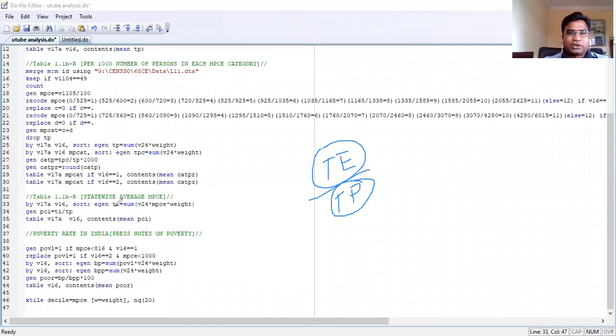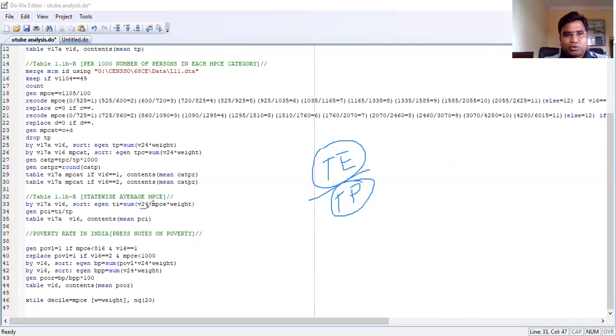So what we are doing here is generating the total consumption, basically not total income, it's total consumption. So what we have written is V17A, V16. We have to know, let's say for Andhra Pradesh, the rural expenditure, Andhra Pradesh urban expenditure, Jammu Kashmir rural expenditure of all households, Jammu Kashmir urban expenditure of all households. So we can club those numbers into rural and urban category. And if we do that, we say sort, egen total income, which is equal to sum.